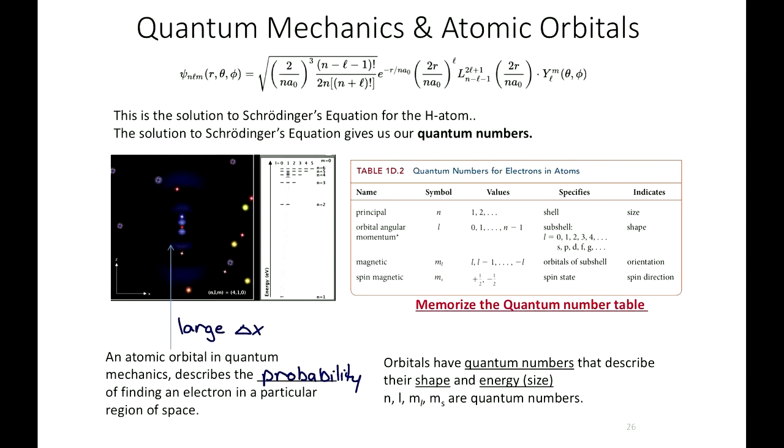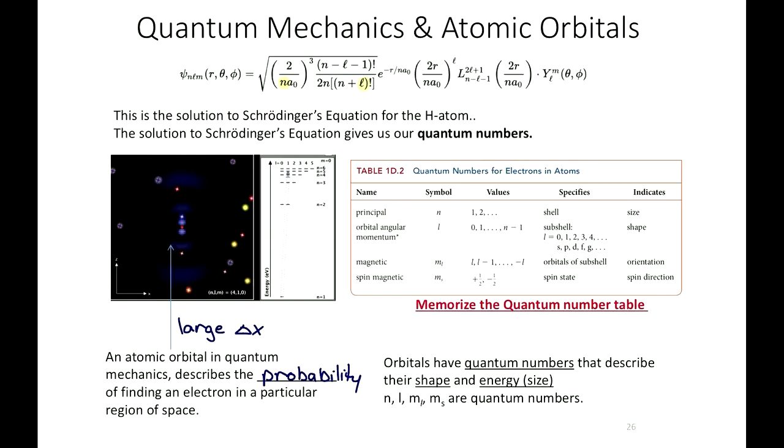But what's important here is the solution to the Schrodinger equation actually has in it the quantum numbers that you may already be familiar with: n, l, m sub l, and m sub s. Those quantum numbers come from the solution of the Schrodinger equation. So if you look closely, there's n, there's l, where's m sub l? Somewhere else. Can't find it, but that's where all of our quantum numbers are.